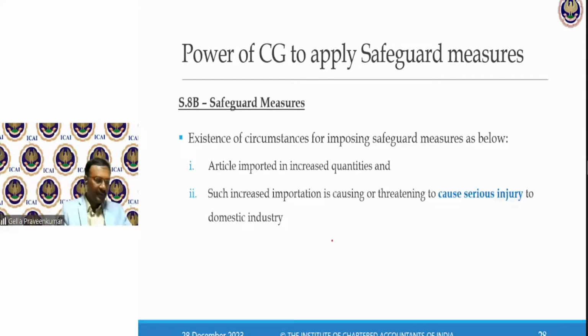Next, moving further, Section 8B. Now, from here, the interesting chapter starts. We will again start understanding the policy making decisions connected with levy of various customs. Section 8B, examination. Please make a note.